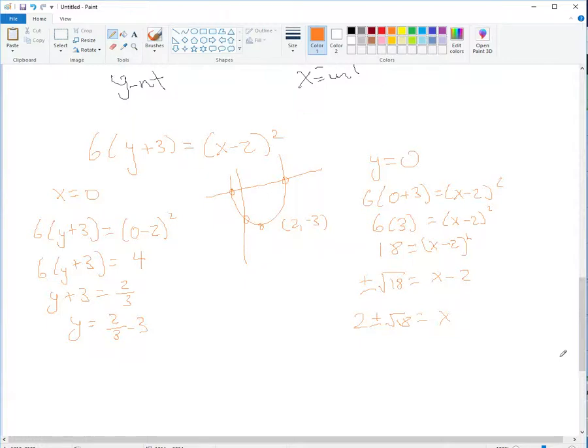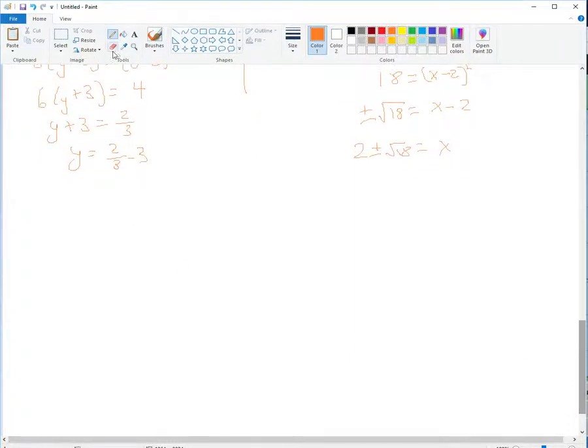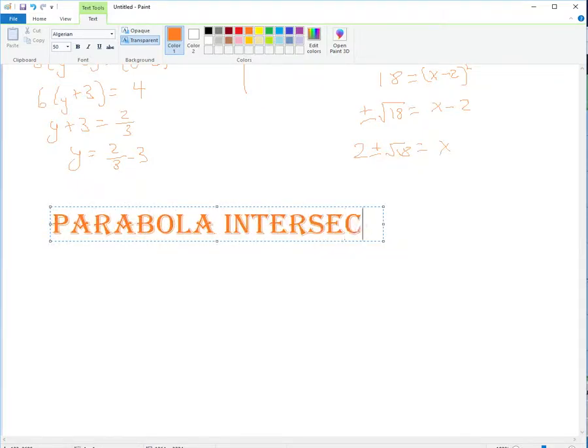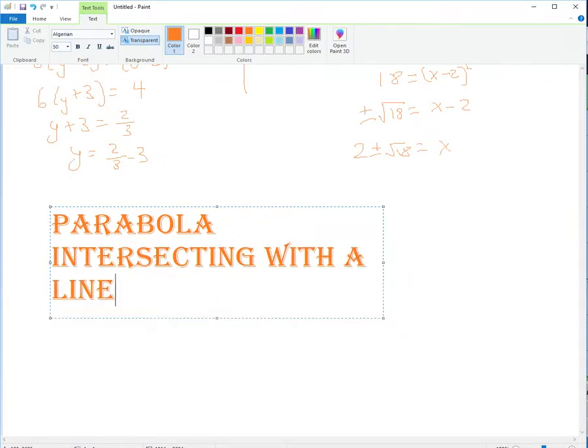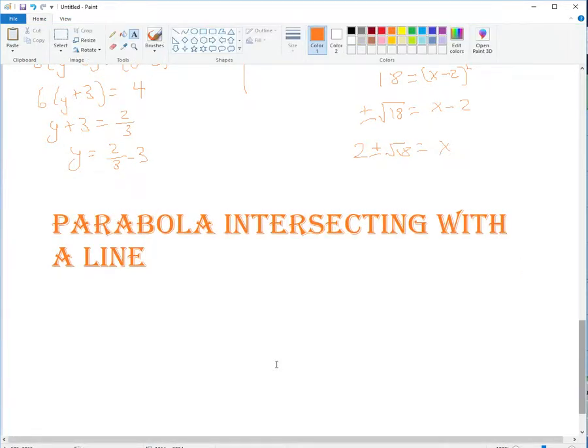So the next thing we're going to look at is if we had a parabola and we were talking about intersecting with a line. So let's put that as a title as well. Parabola intersecting with a line. Let's see how far that is. With a line. So if we have that example, let's go with